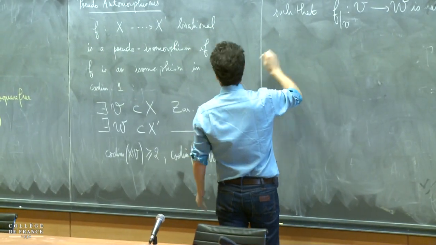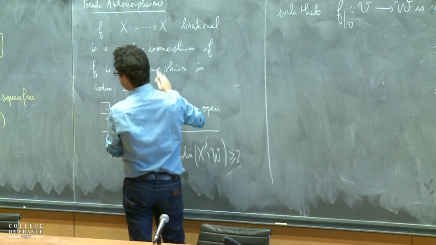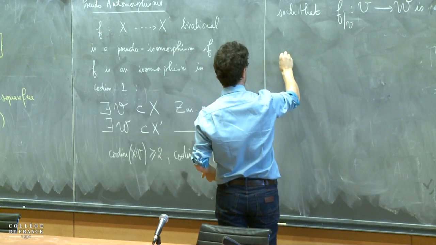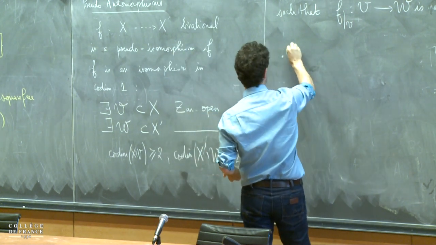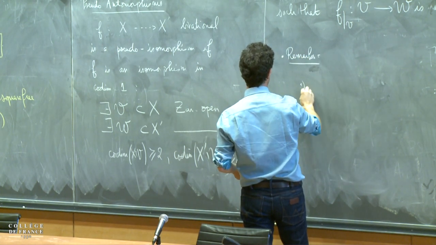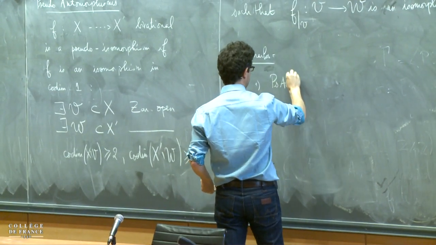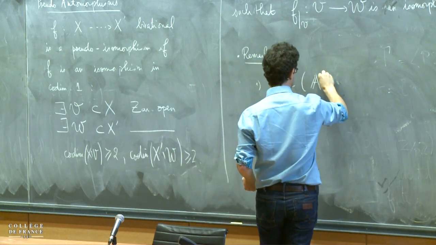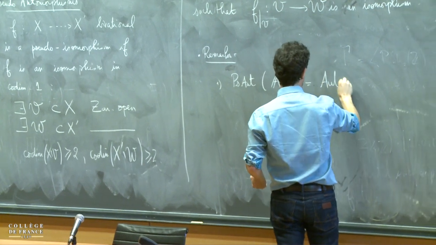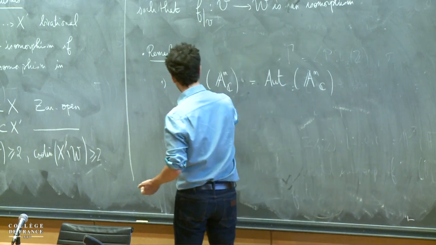The pseudo-automorphisms are just pseudo-isomorphisms from X to X. They form a group. Let me give a few remarks. Let's do an example. What is the group of pseudo-automorphisms of the affine space? It's just the group of regular automorphisms of the affine space. Because if you take an element in this group,